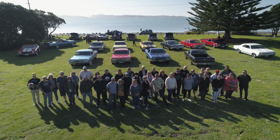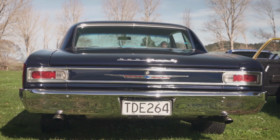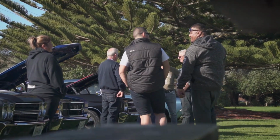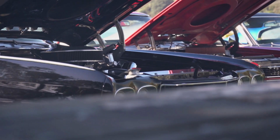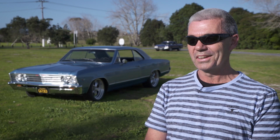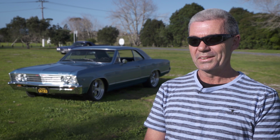The Chevelles were just that little bit different, you know, and that's really what I was looking for. I had seen them, but not so much on my radar. I like the 67, 68, 69 Camaro. I found that there seems to be quite a few of them in New Zealand, a lot more than what I realised once I started looking, and then I thought, hang on, I want something a little bit different,